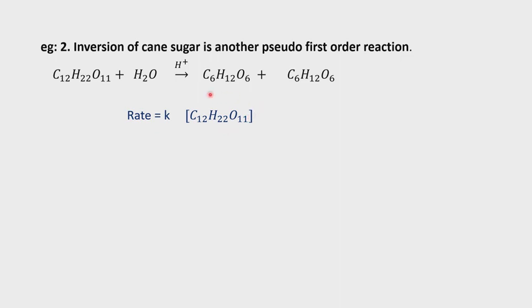So what is the order of the reaction here? 1. But what is the expected order here? Here 1 and here 1, our expected order is 2. But order cannot be determined theoretically. It can be determined experimentally. So finally the order of this reaction is 1. The pseudo first order reaction definition is very important for board exam CBSE. So it is very important, and try to remember one example also at the same time.